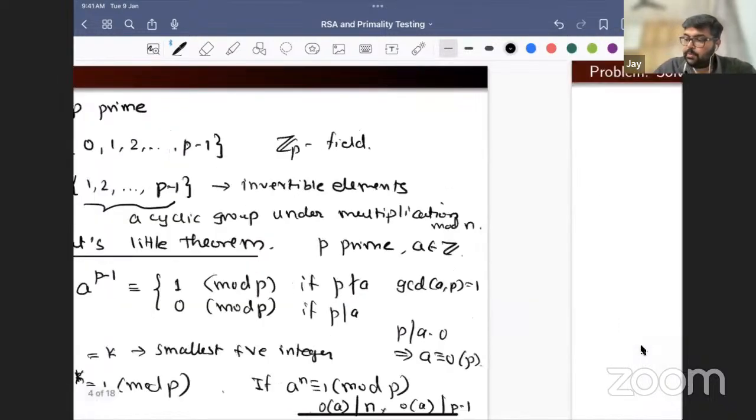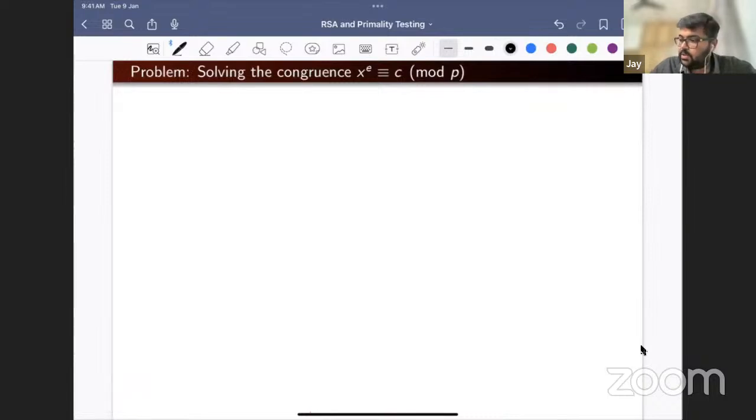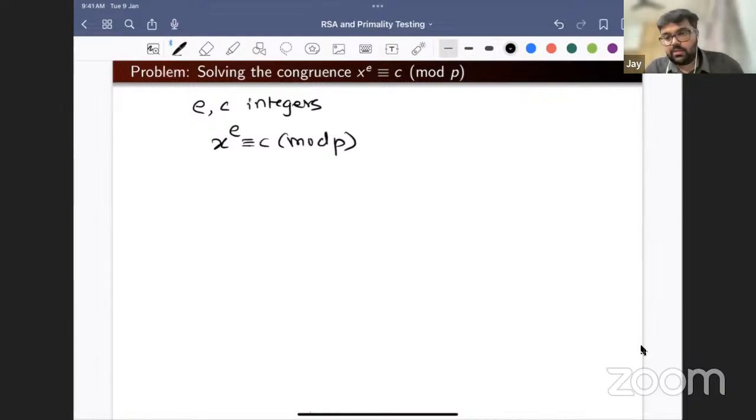Okay, now comes the problem. RSA is based on this problem. So we have a congruence, where e and c are integers: x to the power e is congruent to c modulo p. Modulo p just means we are dealing in modular arithmetic, reducing everything modulo the prime p. So suppose we have such an equation, x to the power e equals c. So how do we